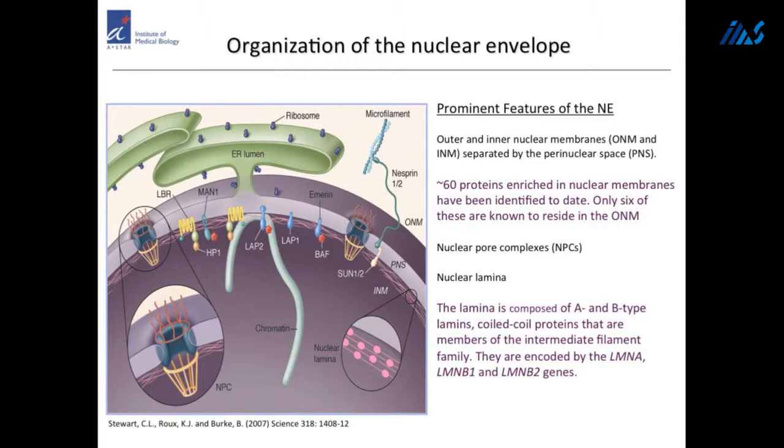So just bear in mind that the nuclear envelope contains an inner nuclear membrane and an outer nuclear membrane. The two are joined where they're spanned by nuclear pore complexes. Biochemically, these two membranes are really quite distinct. The inner nuclear membrane has its own unique array of membrane proteins. The outer nuclear membrane is continuous with and forms part of the ER and consequently has many of the features